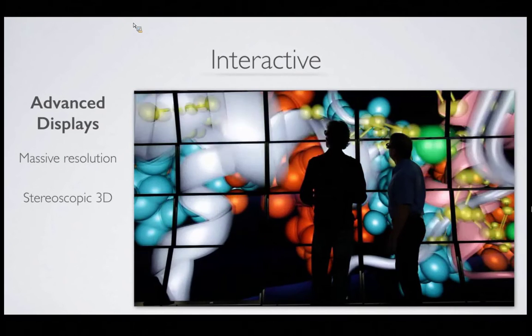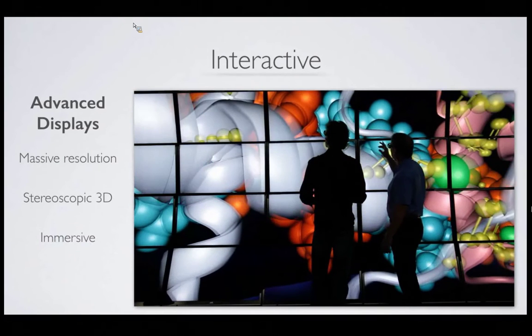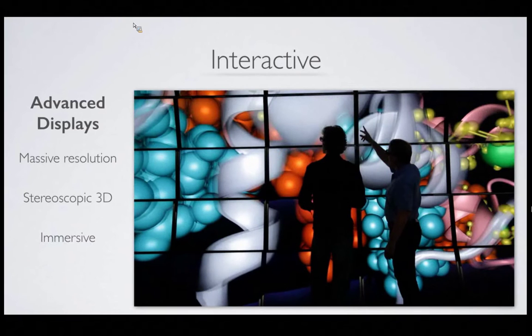We're wearing 3D glasses. Because of this, because of the size and the 3D effect, it becomes an immersive environment where you feel like you're actually walking within the data. And it's very collaborative in that we can have 30 or more people all in that room wearing 3D glasses at the same time. It's not as mobile, but if you're collaborating with people who are local, it's a great device to work with.